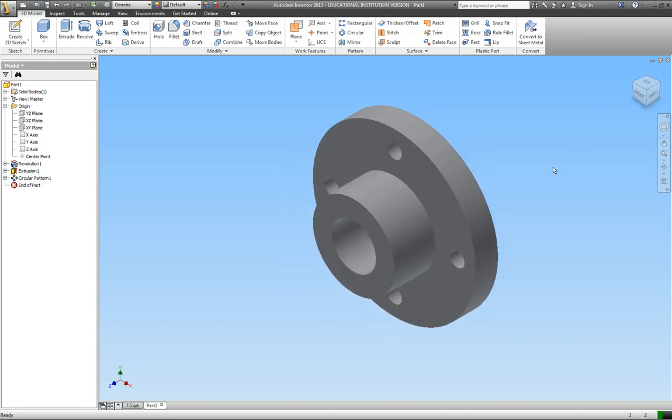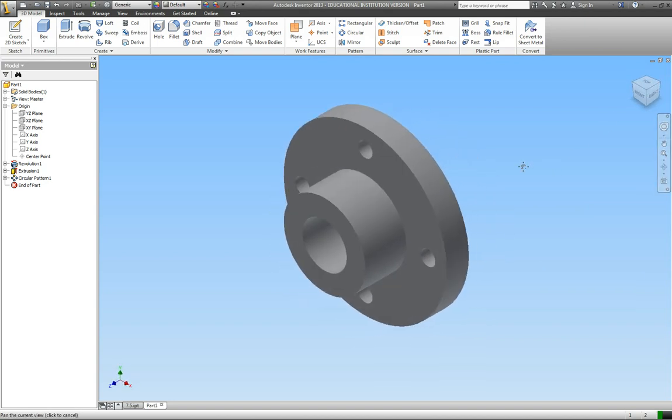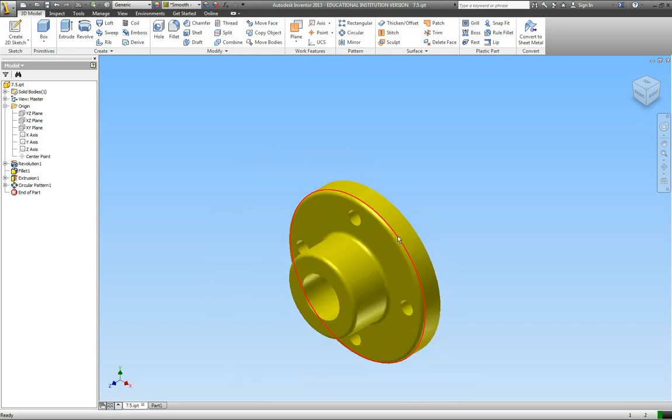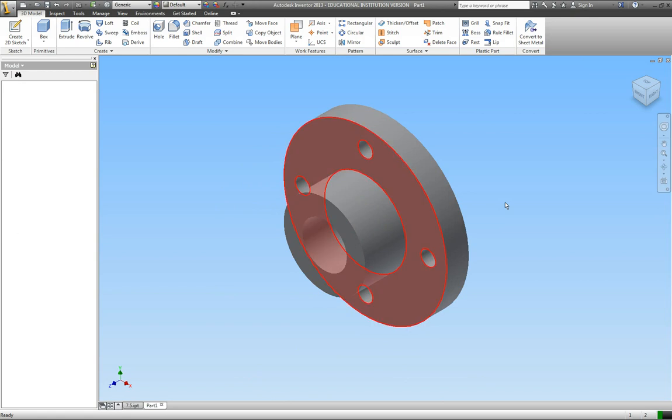Okay. So you'll notice that this part has some fillets and rounds. Now, as far as AutoCAD goes, you use the fillet command to create a fillet or a round. But by definition, a round is on the outside of an object. A fillet is on the inside. Okay, so this is a fillet. This is a round. Okay, they're on the outside of the curve. These are inside curves, basically. Okay. And I know in AutoCAD and Inventor use the fillet tool for both, but just wanted to remind you